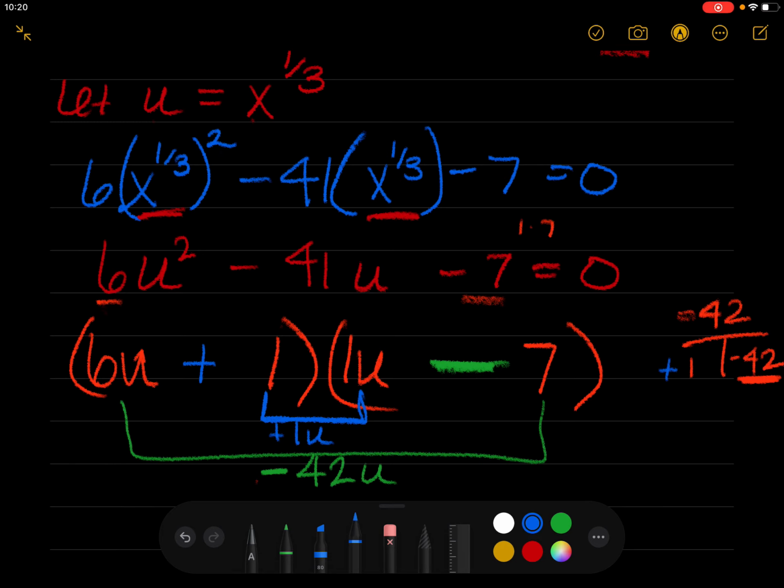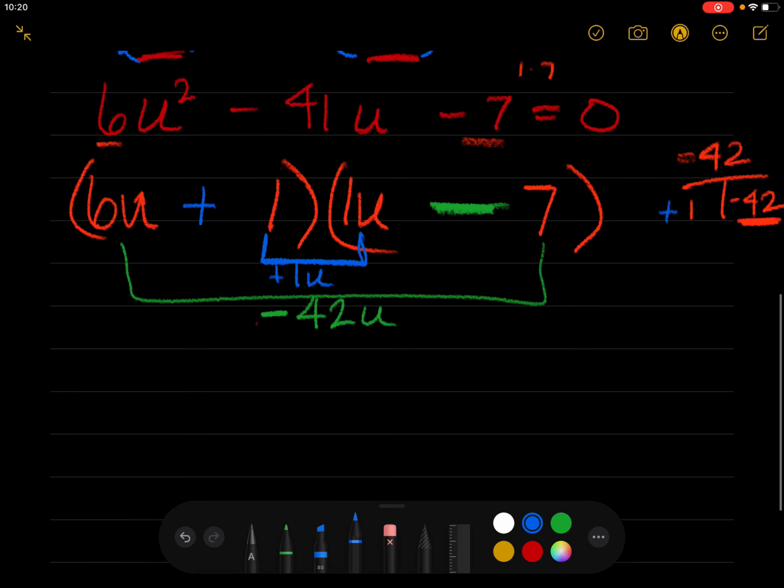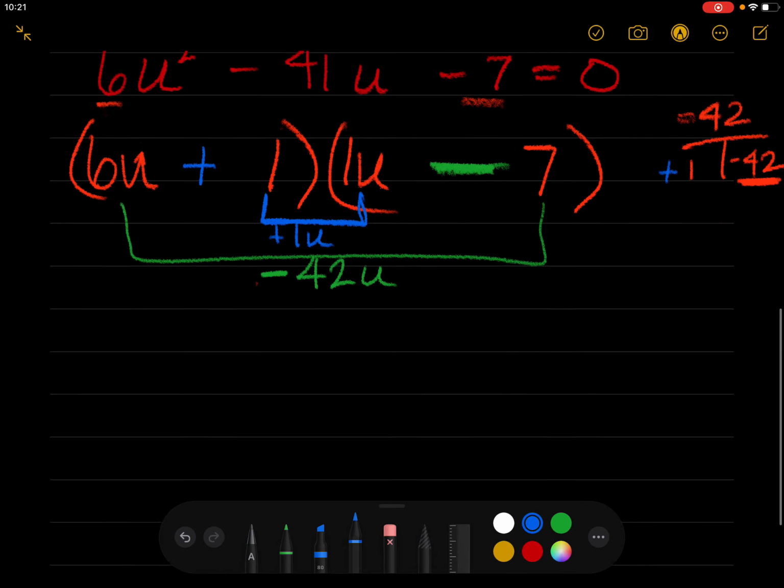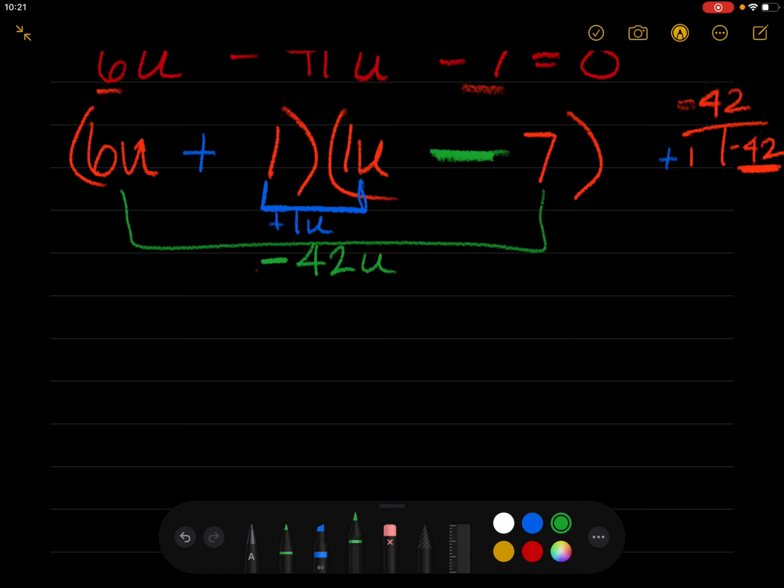Now, if you've never done things this way, or if you're not sure, that's fine. You can use any of the other methods. If you are one of my folks who want to go on and do some of the more difficult pre-calculus, calculus classes, I recommend maybe becoming comfortable with techniques like this. But now that we're here and we have our two binomial factors, I had 6u, I kind of took an aside there, 6u plus 1 times u minus 7 is equal to 0,